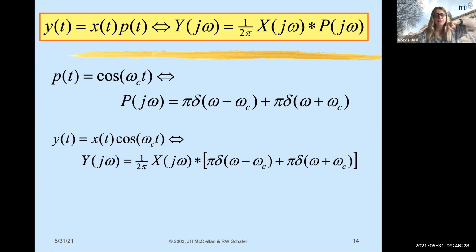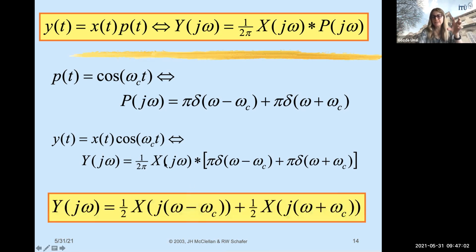However, the receiver needs to obtain a high frequency signal because of antenna sizes, and also we need to decrease the wavelength and increase the frequency of the signals to be transmitted. Of course, these are telecommunication theory. We are not fully responsible, but we should know the mathematics which says I can take the spectrum of a signal x of t, which is X of j omega, to high frequencies